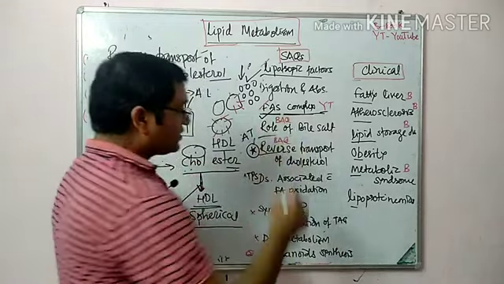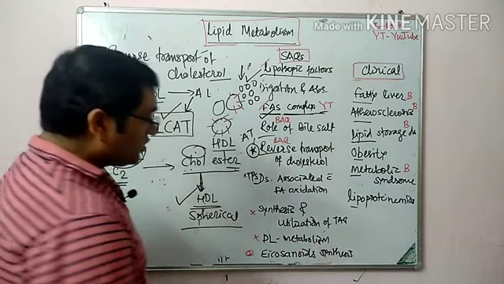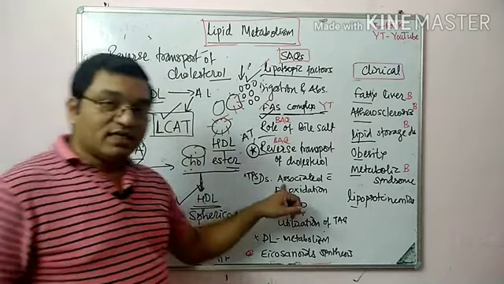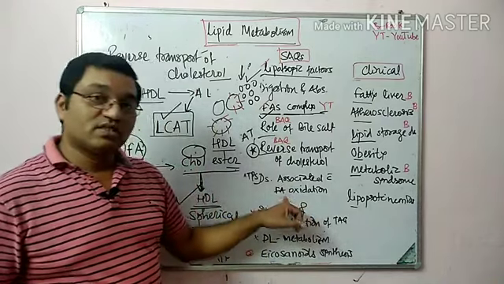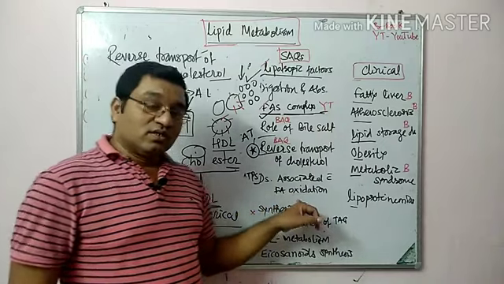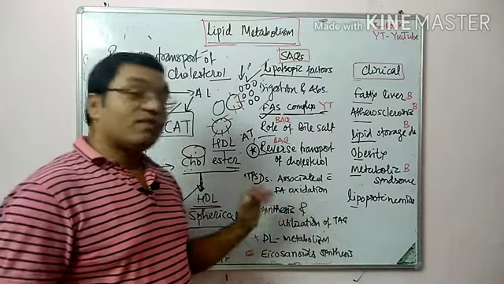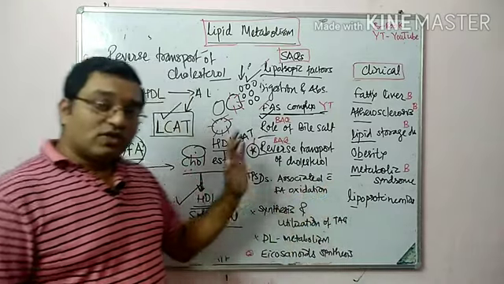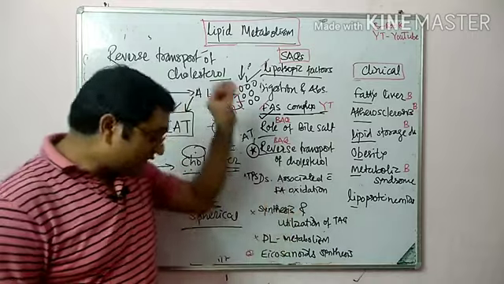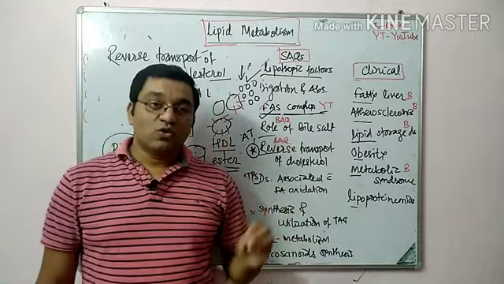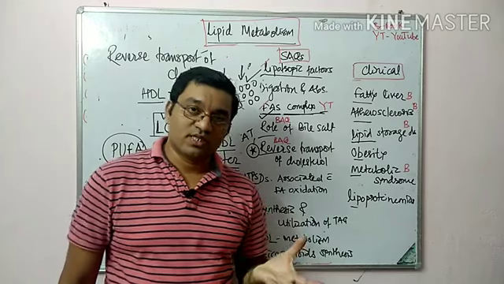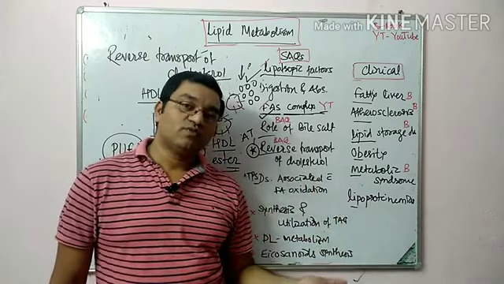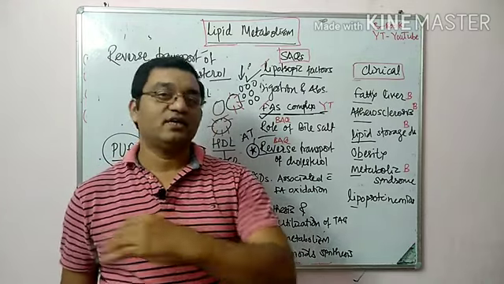We already discussed reverse transport of cholesterol. Then the disorders associated with fatty acid oxidation are SIDS, Jamaican vomiting sickness, Refsum's disease, Zellweger syndrome, and methylmalonic aciduria. The oxidation of odd chain fatty acids occurs in the same way as even chain fatty acids, only the end product will be propionyl coenzyme A. This propionyl CoA is converted into methylmalonyl CoA, which is converted into succinyl CoA and enters the TCA cycle.